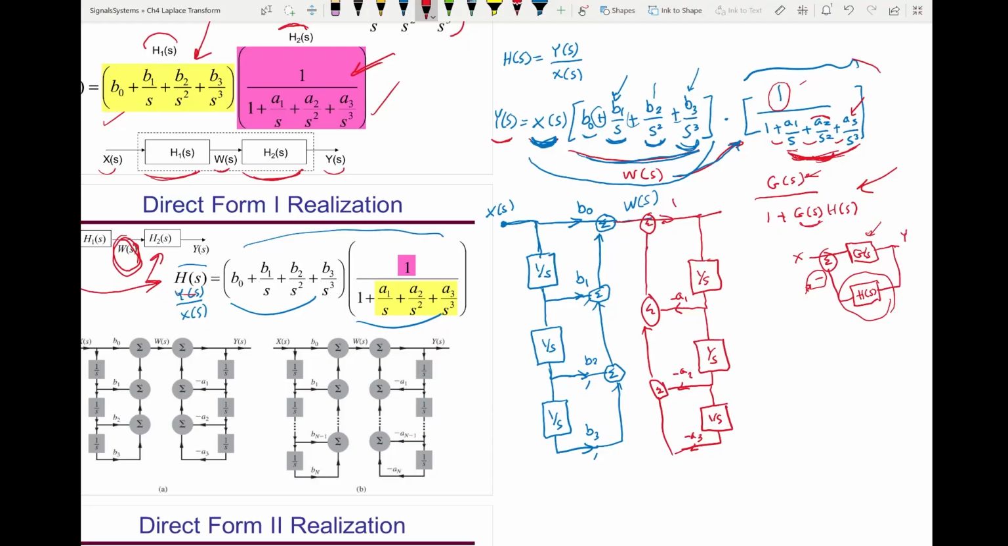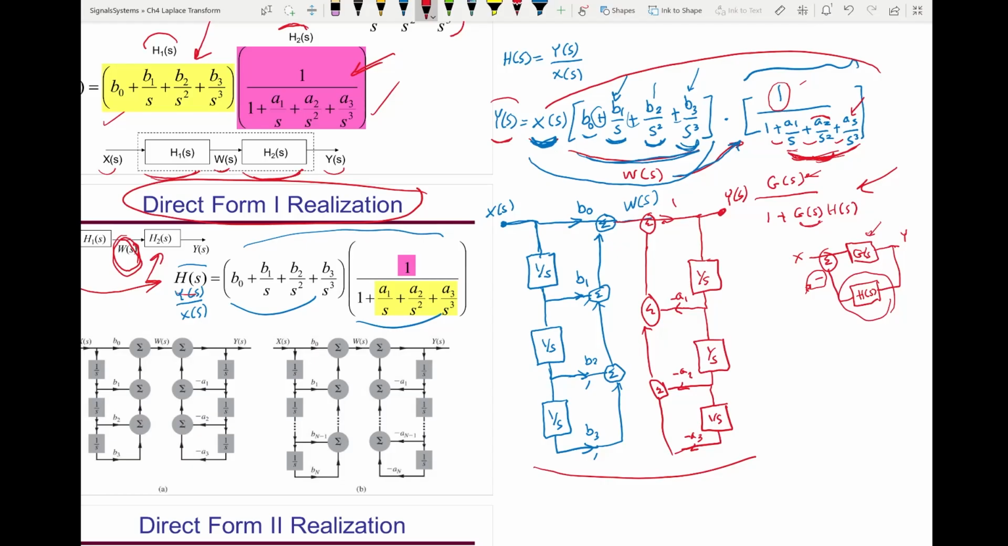And the output will give me Y of S, which is here. When you build your system this way, that's the direct form realization. Is this the ideal way to build your system? No. There are too many integrators, too many summing amplifiers, and canonical form 2 realization will make it easier to